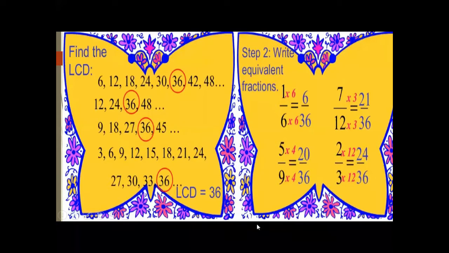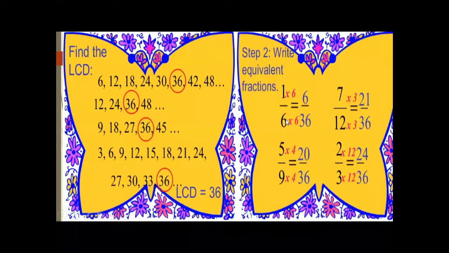Okay, now I have told you recently in the previous slides about what to do. I will convert or make my denominator equal to the LCM. I will convert or make my denominator equal to 36. How can I convert? I will multiply the numerator and denominator with the same number. This is the sign of multiplication. I will multiply the same number to the denominator and the numerator.